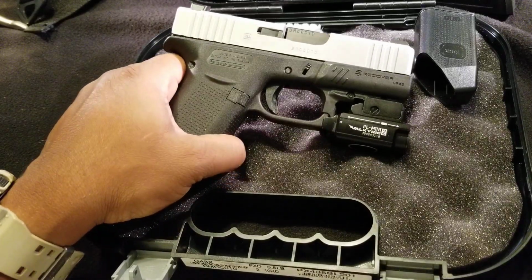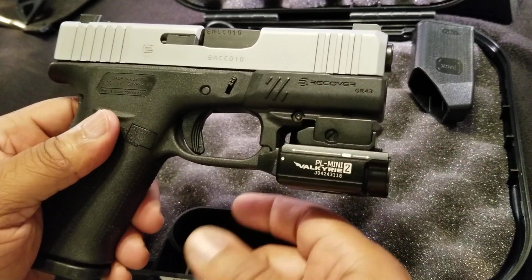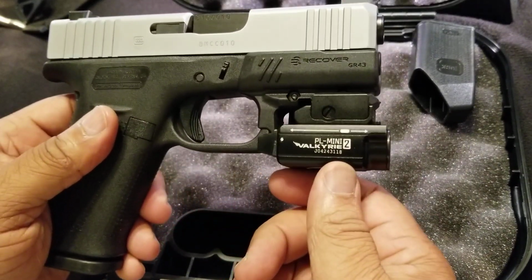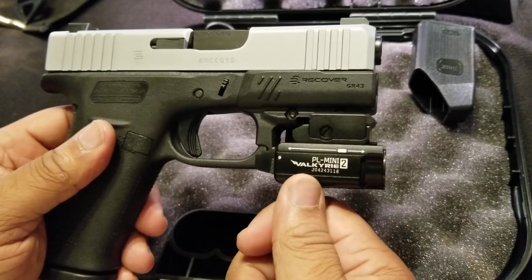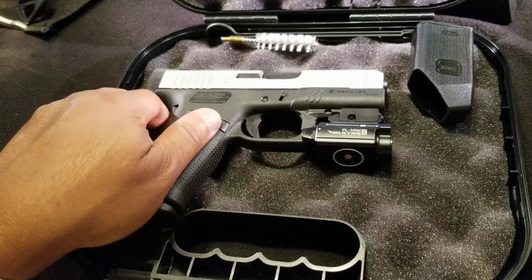And that is the fact that this one actually has a Recover GR43 trigger guard mounted rail adapter, and of course, shouts out to Olight again with their PL-Mini 2 Valkyrie weapon light. We wanted to do this for a couple of reasons, of course. First is the fact that